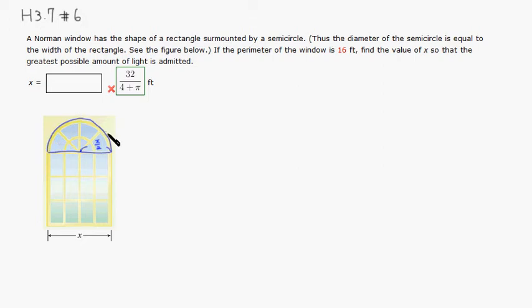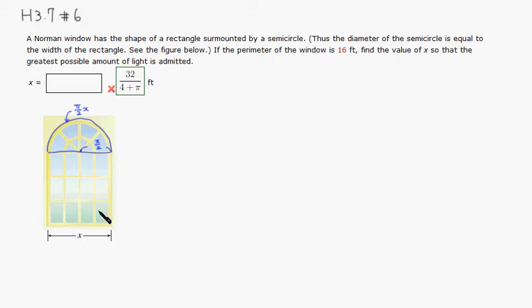But this is a semicircle, so half of that, so it's pi over 2 x for this top semicircle, right? Since the whole thing is going to be 16,